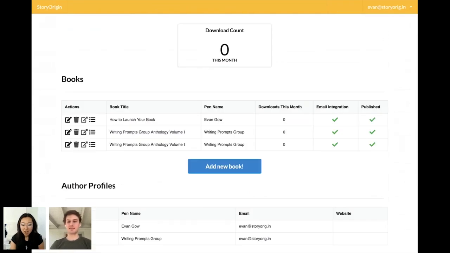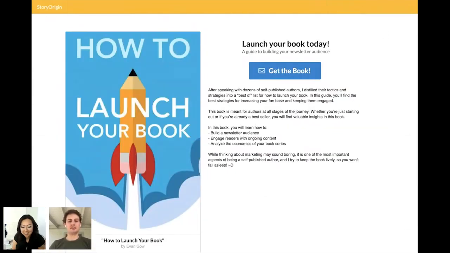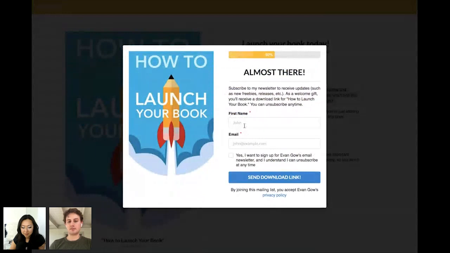Yeah. And then why don't you show us giveaways? This is the book giveaway page that will be created whenever you upload a book. You'll see your book cover on the left, and then you'll see the header and the subheader that you can use to grab people's attention, and then a little blurb about your book. Then when people click get the book, they'll be asked for their first name and their email address. So I could put in Evan